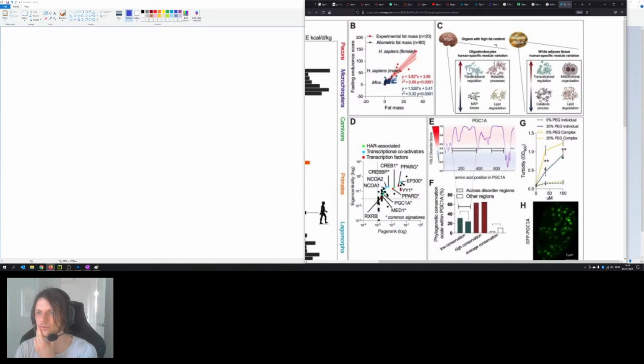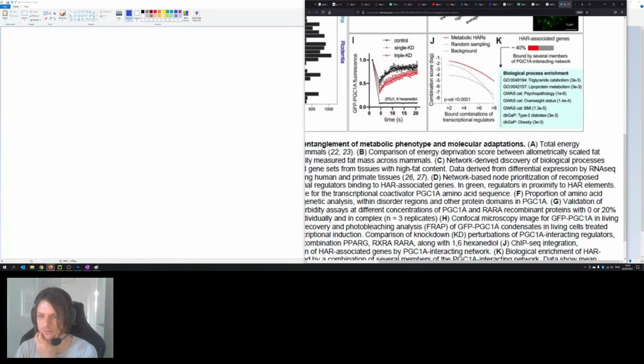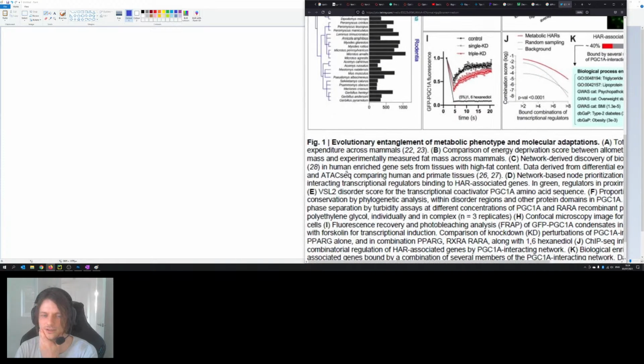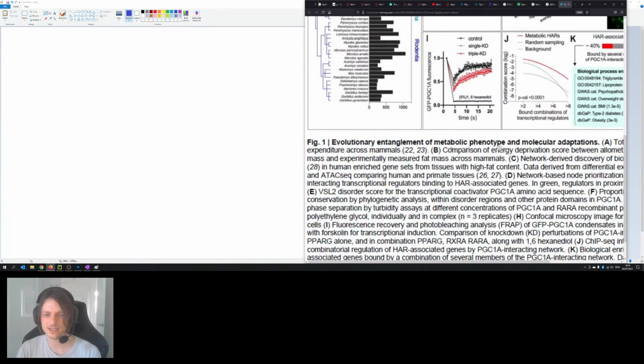Organs with high fat equals this, and adipose tissue equals that. So you've got diagrams here. Network derived discovery of biological processes in human enriched gene sets from tissues with high fat content. Data derived from differential expression by RNA sequence and ATAC sequence comparing human and primate tissue. Okay, so I think we've got these kinds of things we can delve through, which are essentially scientific papers. And in terms of CRISPR,